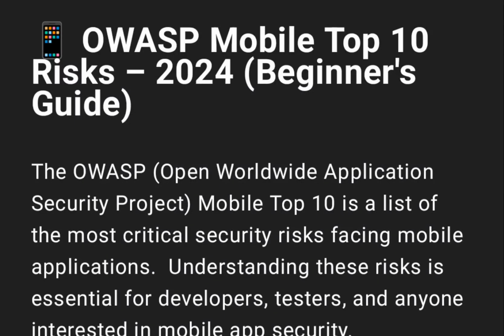Hello, hi everyone. Here in this video, we are going to see the OWASP Mobile Top 10 risks as per the latest update, which was released in 2024. First of all, OWASP full form is Open Worldwide Application Security Project. These are the Mobile Top 10, a list of the most critical security risks facing mobile applications. Understanding these risks is very essential, especially for developers, DevOps, DevSecOps engineers, testers, or anyone who is interested in mobile